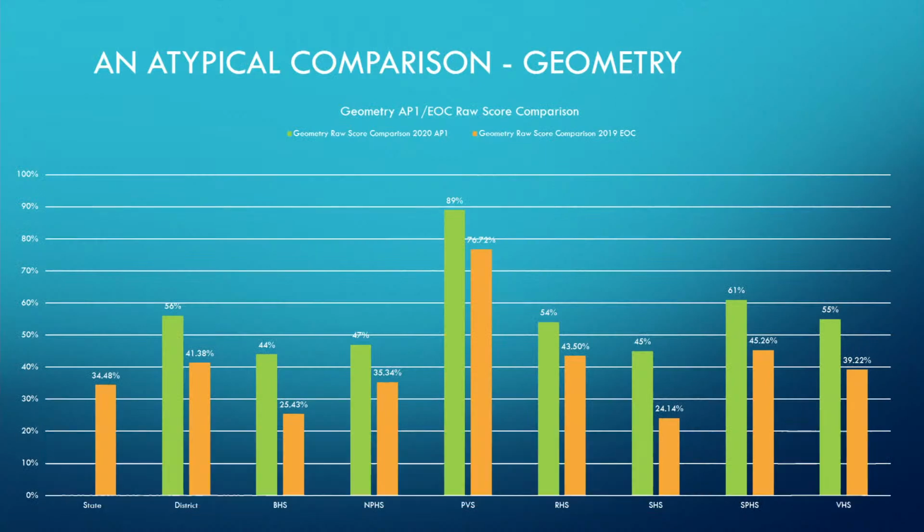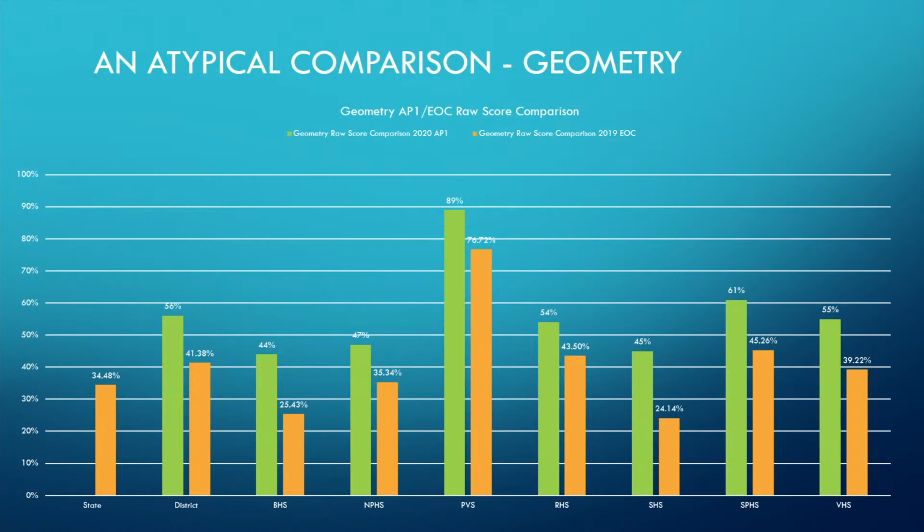Can we pull that one back up? Again, if I'm understanding, we're looking at the orange bar is the EOC from 2019. Correct. And that the green bar is the entry, I don't know what you said, AP1, what assessment? Yep, so the AP1, sorry. Yep, the orange bar, I just want to make sure I'm saying it correctly since I'm not seeing it in front of me. It's up there. All right, perfect. So the green bar is what our benchmark is right now. The orange bar is two years ago's EOC results.